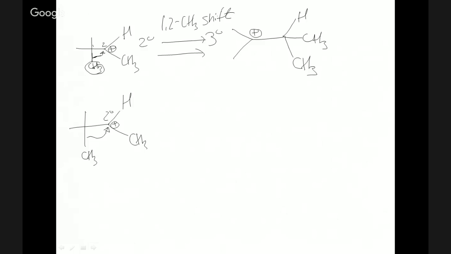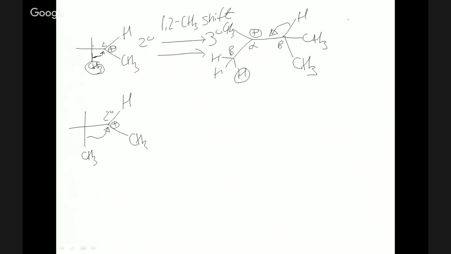So now there's a tertiary carbocation. Now what can happen is we can get two different products. This is where Zaitsev comes in. These H's, which are the same over here, these H's can eliminate. So this is our new alpha carbon. There's a beta and there's a beta. There's two different betas. And so this H can eliminate to form a less substituted double bond, or this one can eliminate